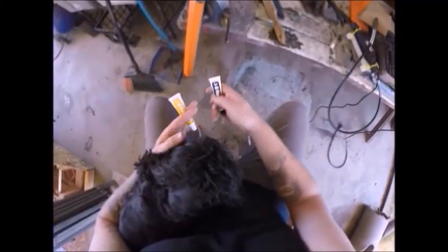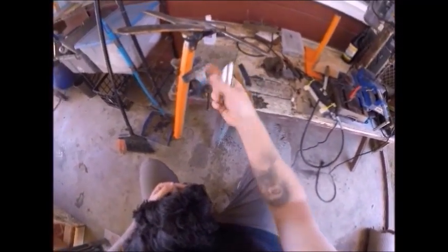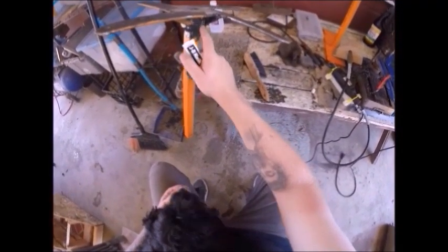What we have here is JB Quick Weld. That's what it looks like. And this is an epoxy. By the time I put it on